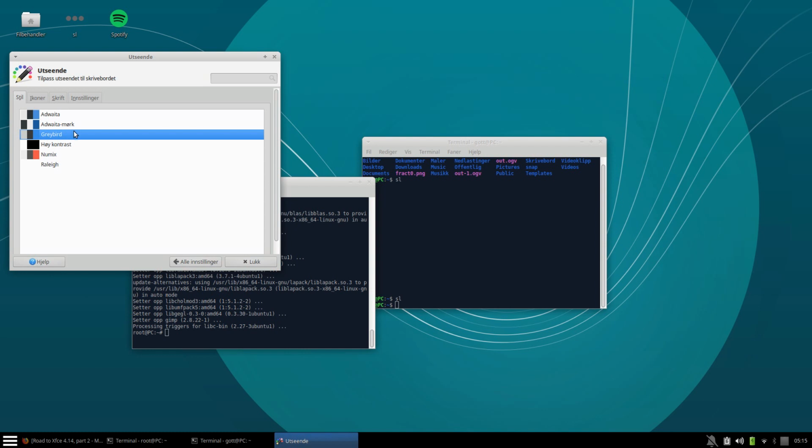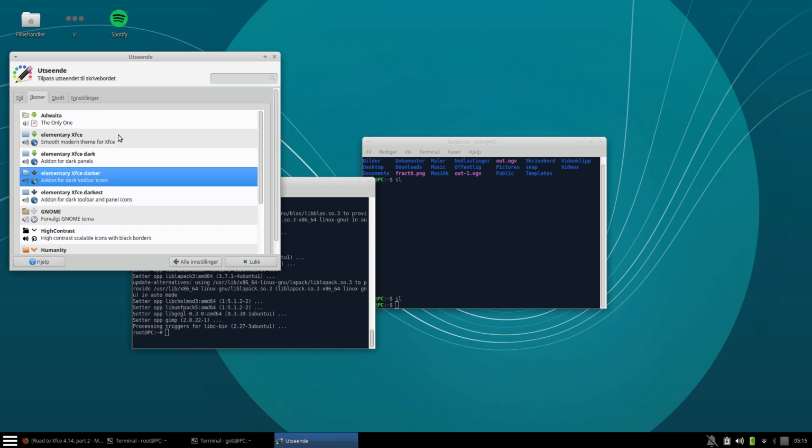I want to use Greybird. And for icons, the elementary icon theme,